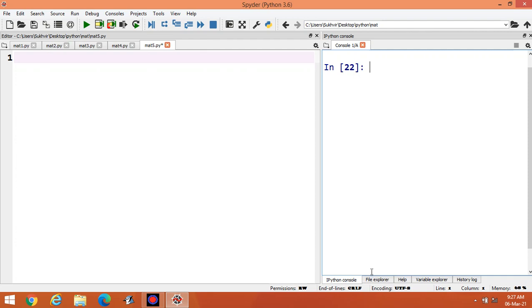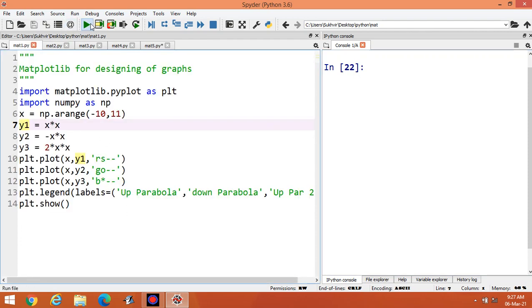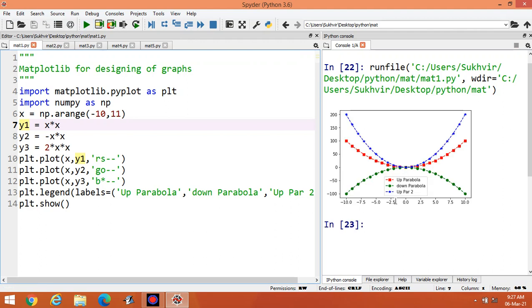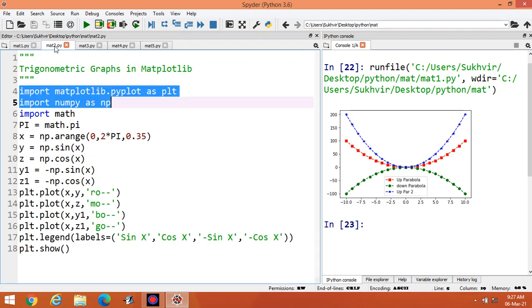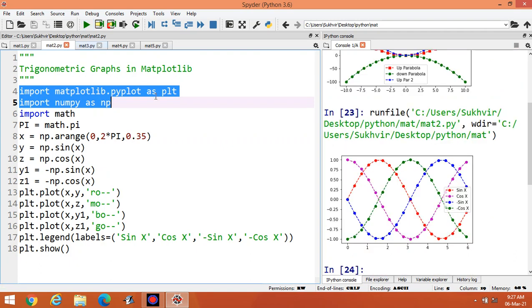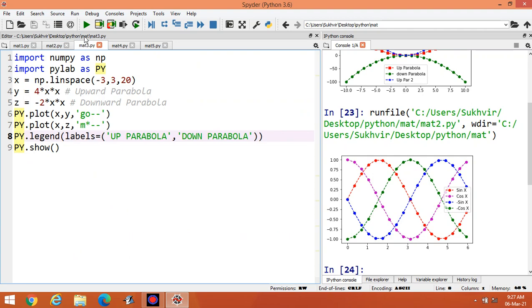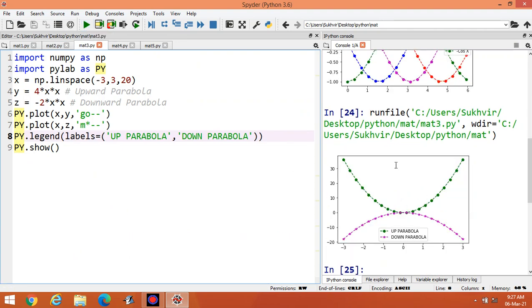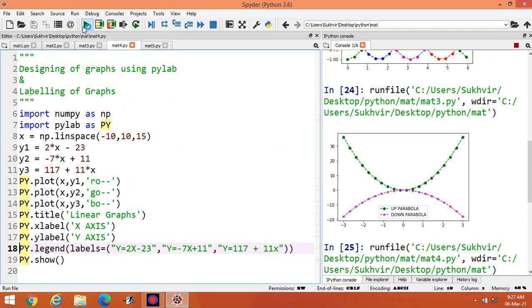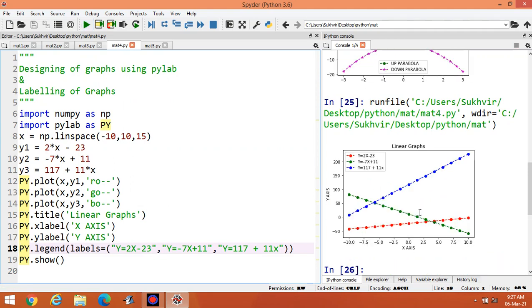In the previous videos, let us check the content. This was the output. And in the second video, the output was like this. And similar in the case of the third video and fourth video. Now, one thing is common in all the videos. I represent the graphs in a single graph, meaning multiple graphs are there in a single block.